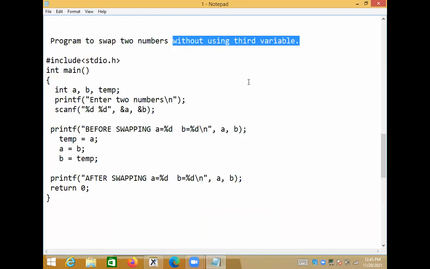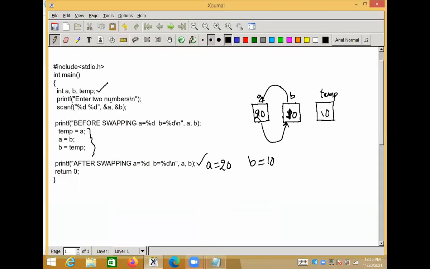In programming, you should always keep in mind to write an efficient program. So when is a program called efficient? If your program consumes less memory space and runs faster, then that is called efficient code.